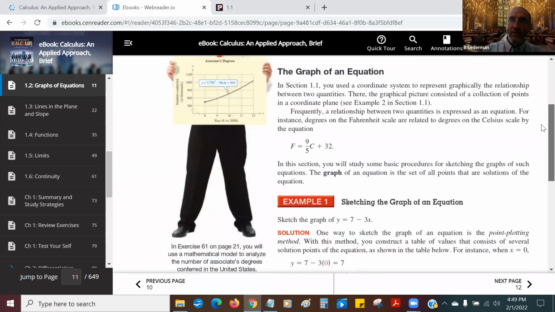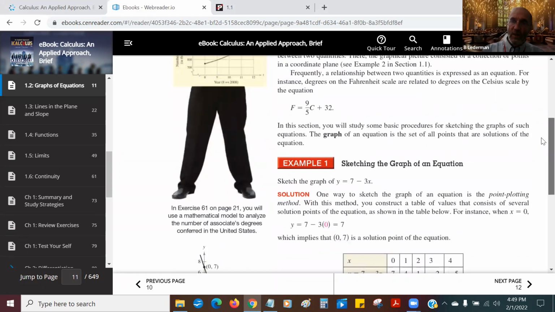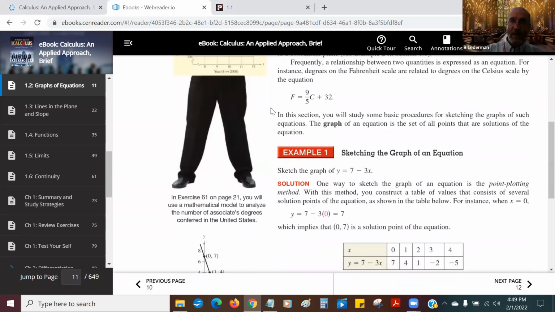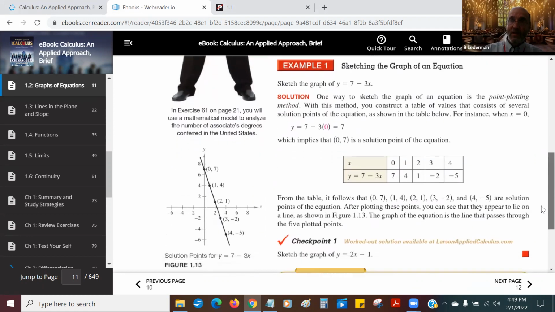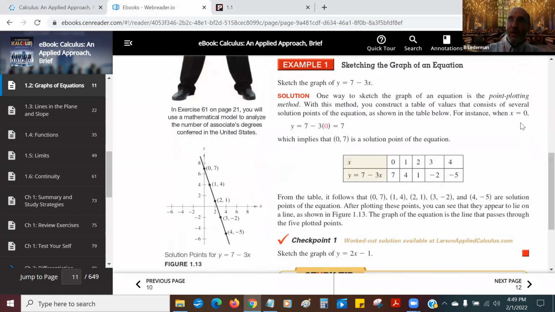So we have an equation. This is a famous equation that connects Fahrenheit and centigrade. And now we want to look at a graph, y equals 7 minus 3x. One way to sketch a graph is to